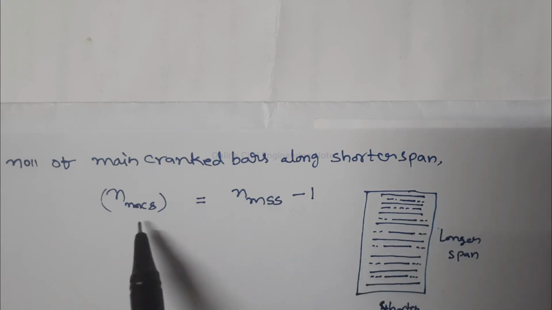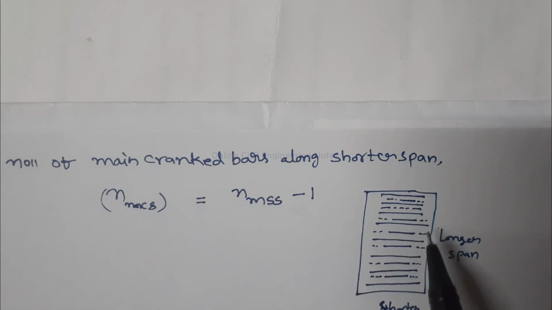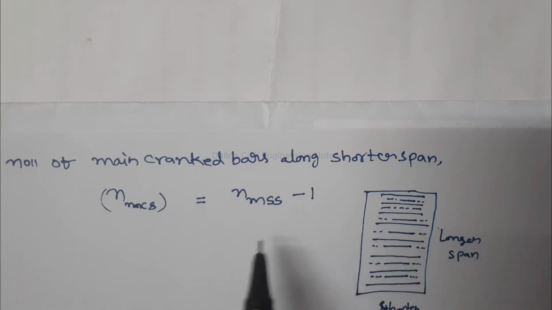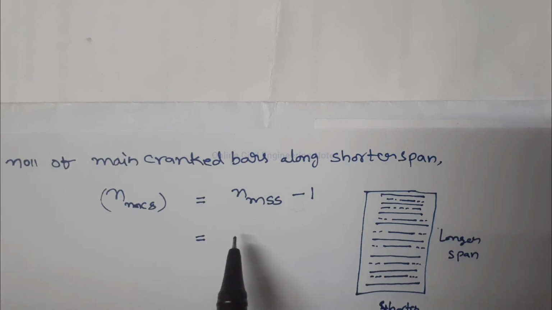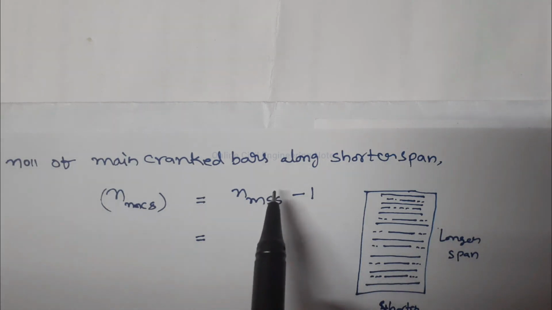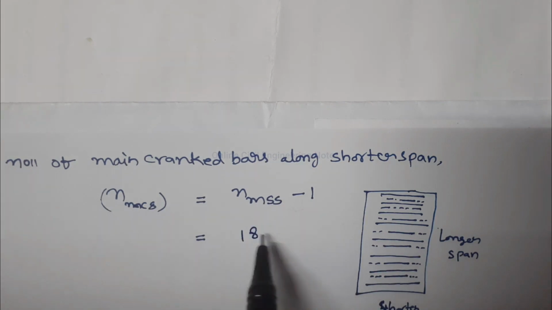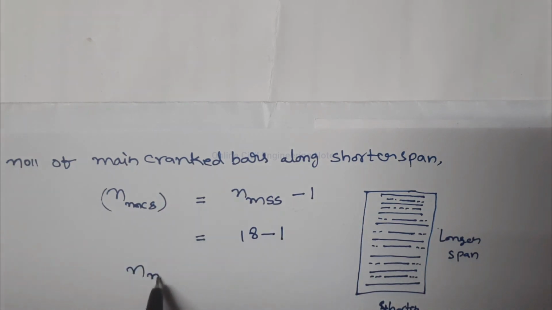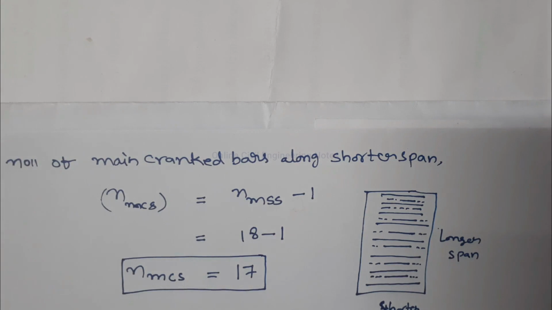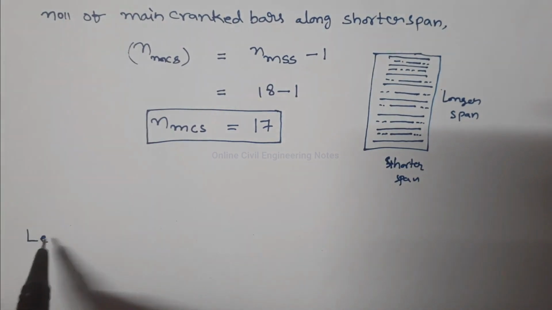So total number of cranked bars are less than 1 of main straight steel bar. Total number of main straight bars in shorter span is equal to 18. Therefore, 7 numbers are required along the shorter span. Now calculate the length